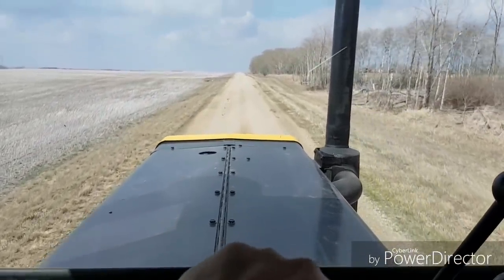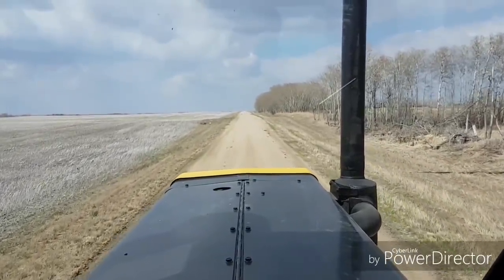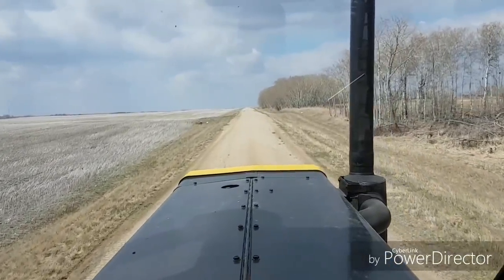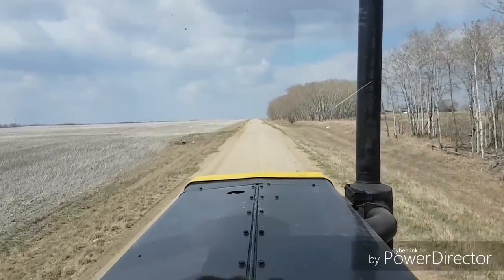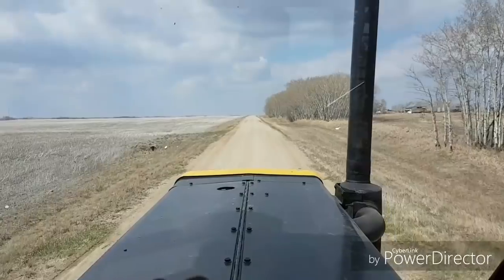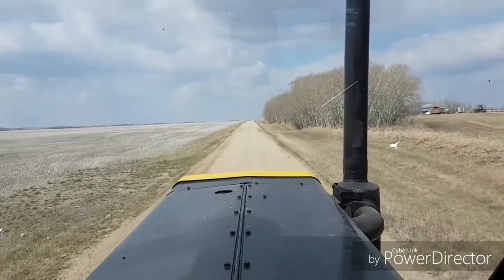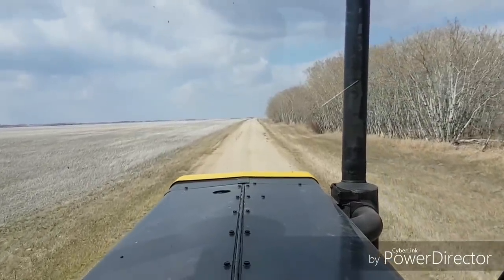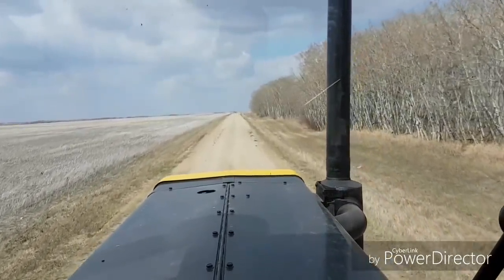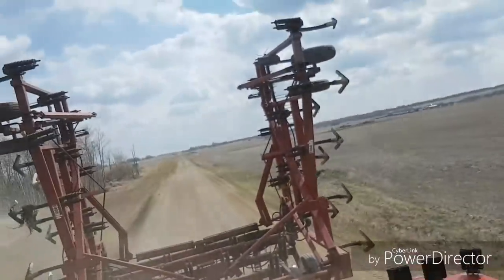Alright, well, we got the air seeder all set, calibrated, greased, full, ready to go. Now we just need a field that's ready to go seed into, so we'll see. Hopefully it's sunny out the rest of the afternoon and tomorrow morning, and if it is, we'll be seeding tomorrow afternoon. But for now, I have the 895 here and the